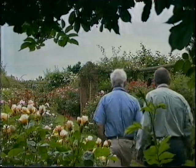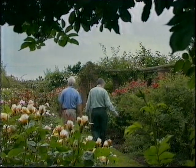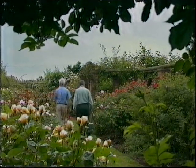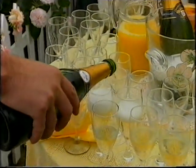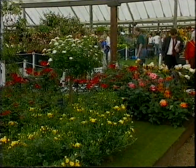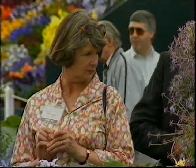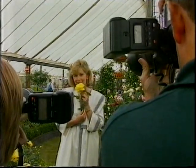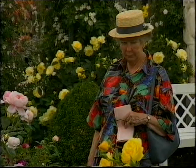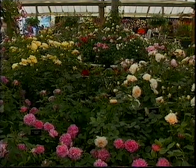But what of the future? Can David maintain the standards of the rose type that he himself has created? All is revealed at the Chelsea Flower Show, the horticultural event of the year and a shop window for rose breeders. It is a golden opportunity to launch their latest creations and assess their potential. Among this year's Austin roses are...